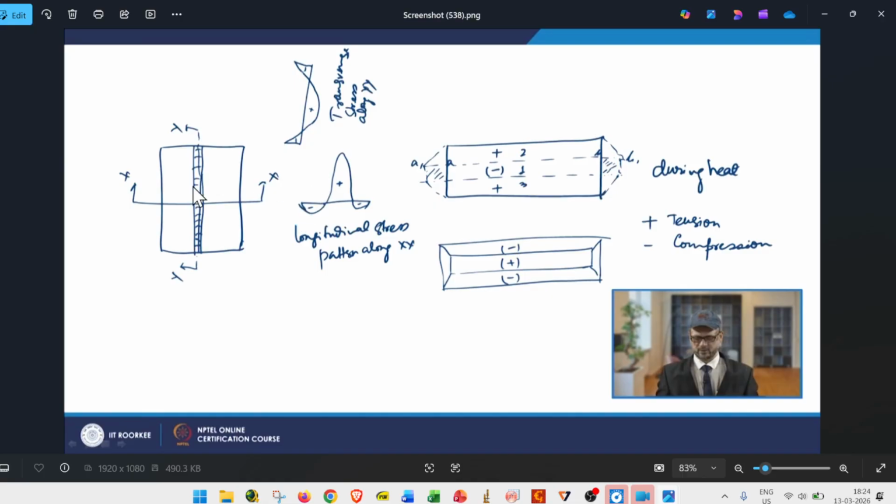Because during heating it starts expanding, compressive stresses will be generated at the weld bead. But during the cooling phase, the weld cools fast compared to the surrounding. Because of that, tensile stress will